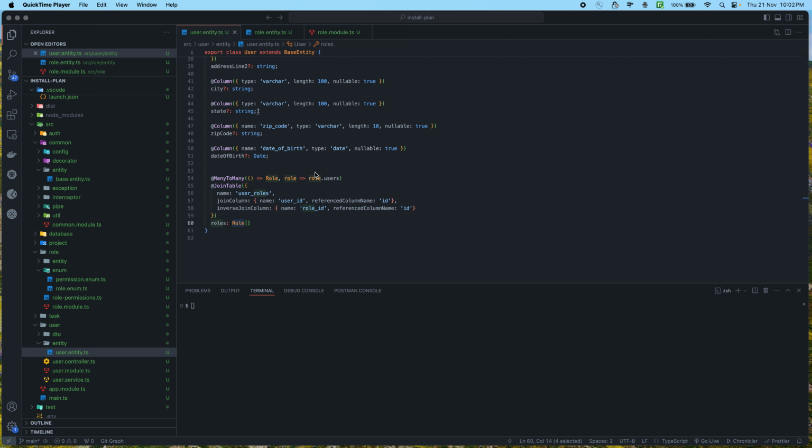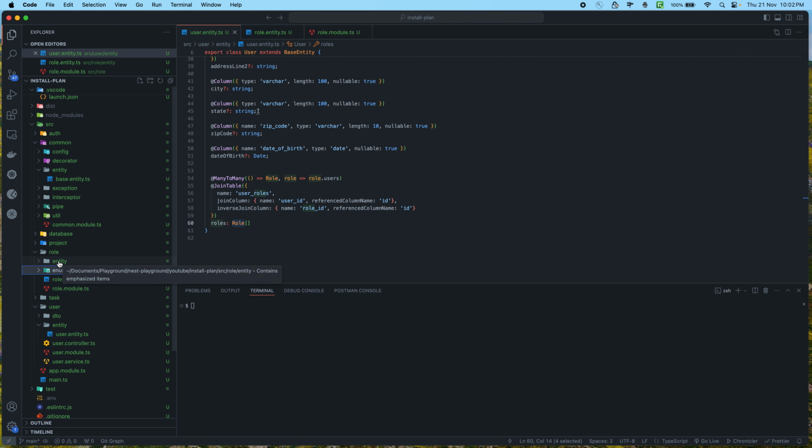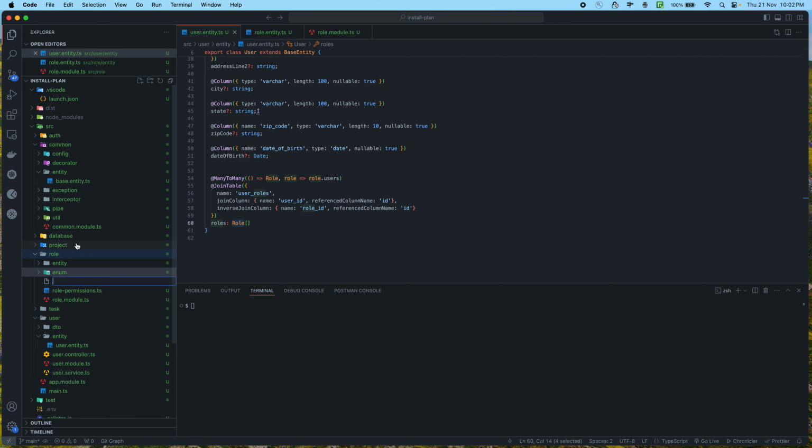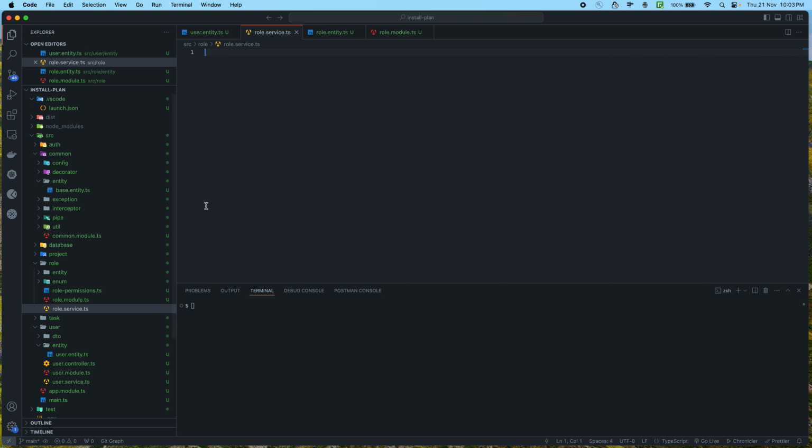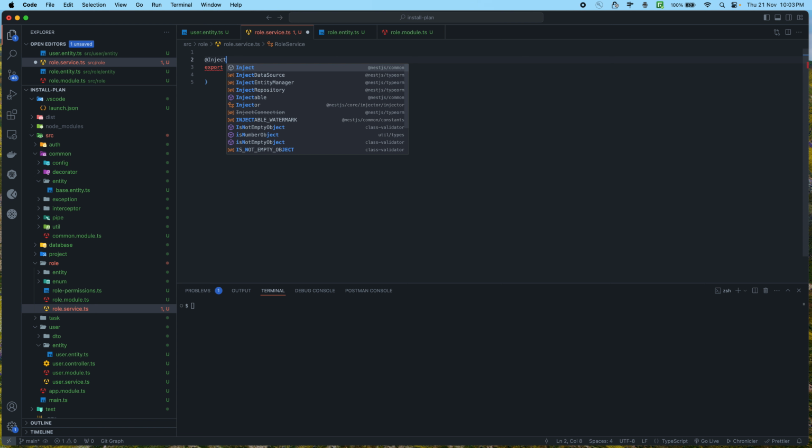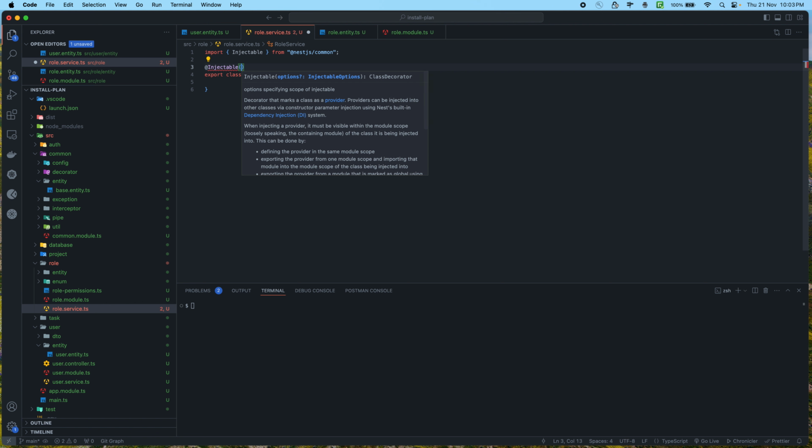Alright, so now we will be creating one role service that will be responsible for making an entry in the database for the role, and we'll also create some methods to fetch the roles. So what I'm going to do, I'm going to create one file and we'll name it role.service.ts. Now I'm going to create a class RoleService and I'm going to make it injectable so that NestJS will create an instance at runtime,